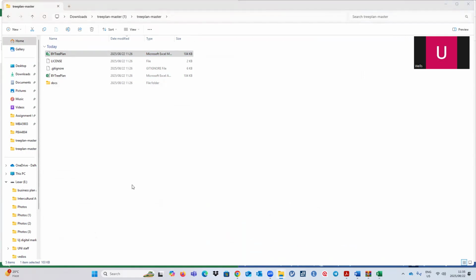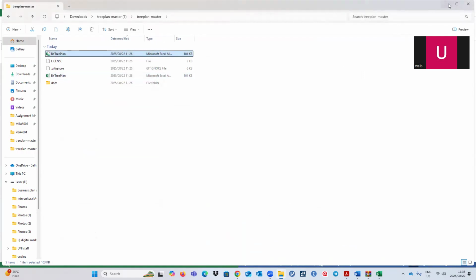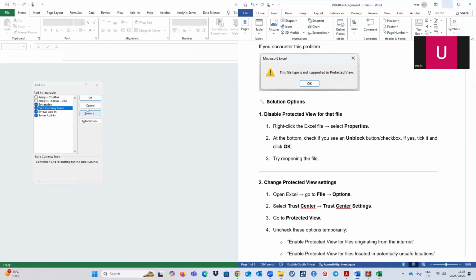In this case, properties as well, and then you click on unblock. Unblock should appear here. I've already unblocked mine, hence you can't see that option, but it might be important to do that. Then after that, you can just click OK,